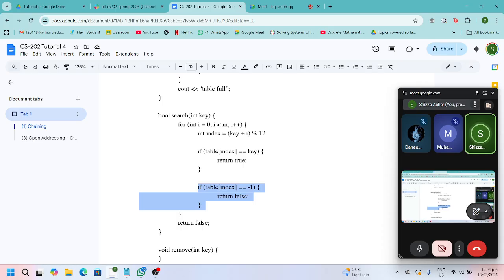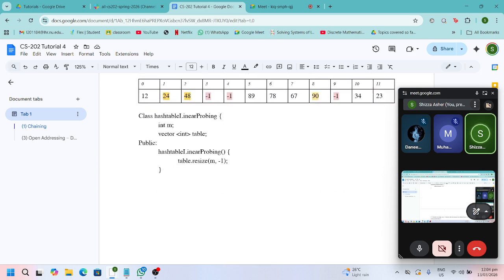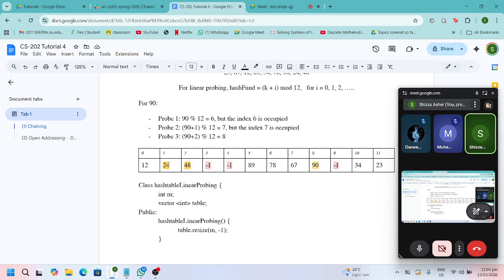The thing is, if an element previously existed there, on account of which I had to insert my next element somewhere else, then I don't want to exit at this point, I want to keep searching for it. Let me give you an example. Suppose this is our hash table. If I'm searching for 48, how will I search for 48? I will first go to index 0. I won't find it there, right? That was my first probe. Then I will go to index 1. If I don't find it there either, then I will go to index 2 where I will successfully find and